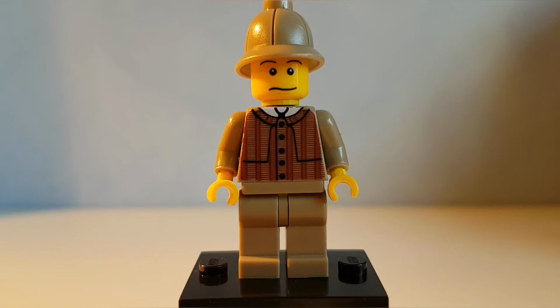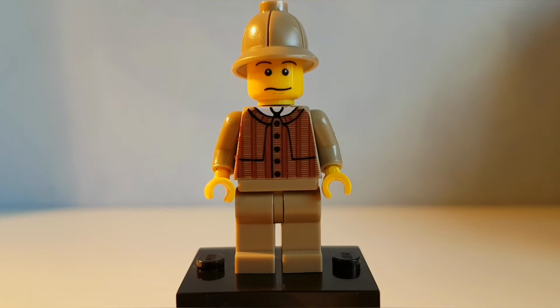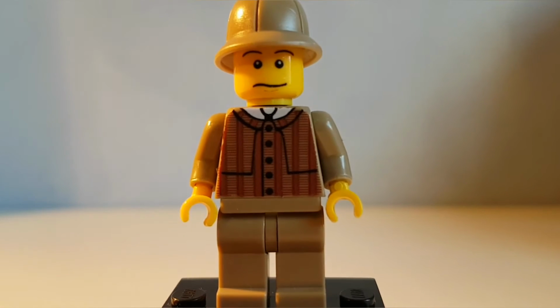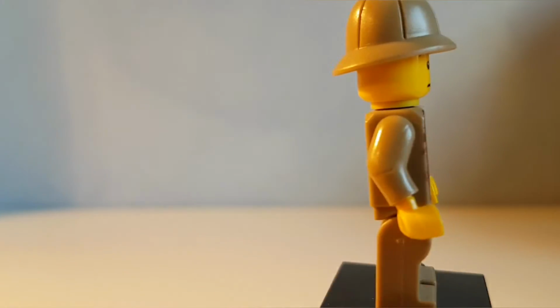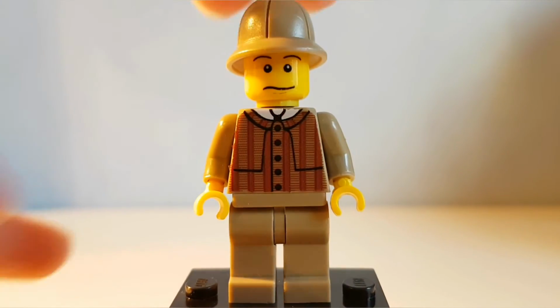And I've never really understood that. And it's really annoying because sometimes those are really hard to get on, but this one wasn't actually too bad. And the printing on his body isn't actually too bad either. I mean, it's obviously pretty cheap and it's probably a sticker or something, but it doesn't look too bad. Of course, he has no printing on his back, but the thing I want to mention about this guy is